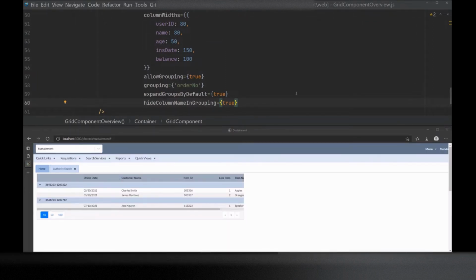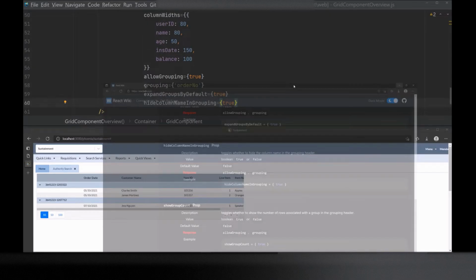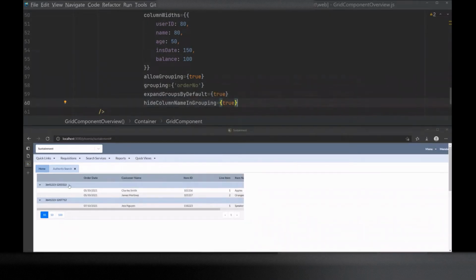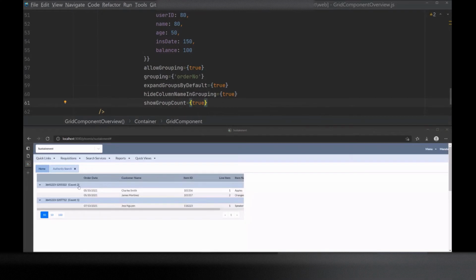right there. Another thing you can do is show the group count for a certain group. So for this example, this group should have a count of 2, and then this one should have a count of 1. So all we have to do is use showGroupCount and set it to true. And as you can see, now we know how many rows are in that certain